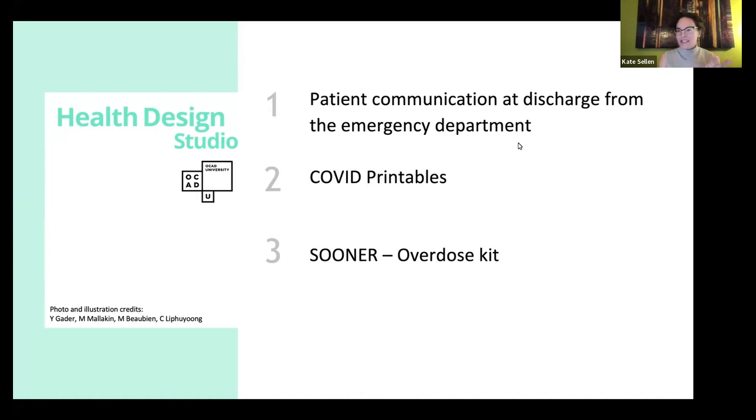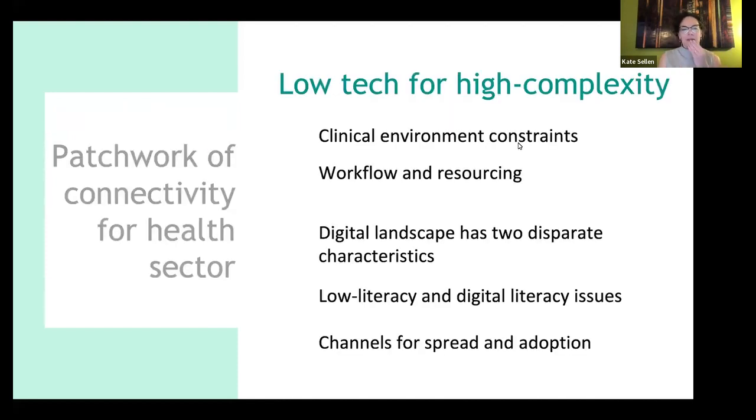But I think it's pretty interesting that this is where we are in doing this kind of work. So I'm going to talk about low tech for high complexity. The healthcare sector, especially in clinical environments, is really highly complex. There is a lot of high tech. There is a lot of UX work. There are a lot of interactive tools in these spaces that are part of the workflows of